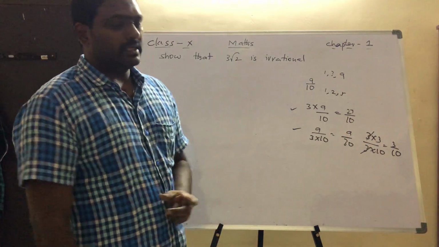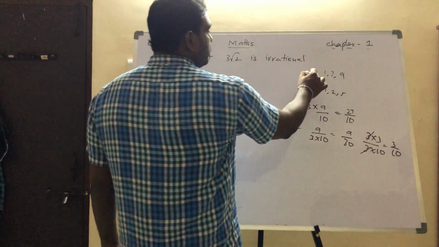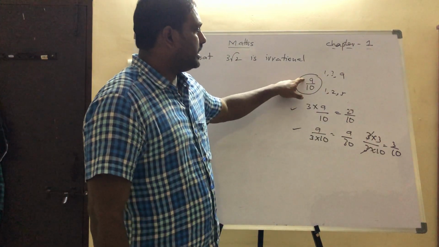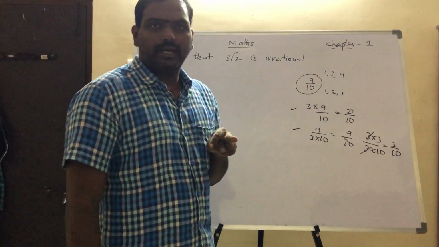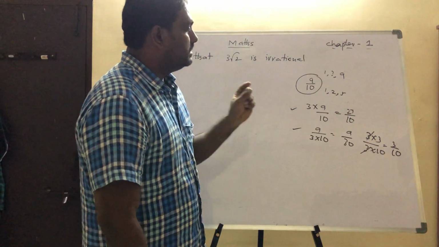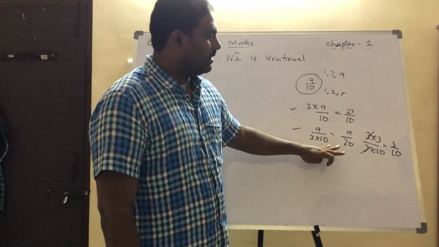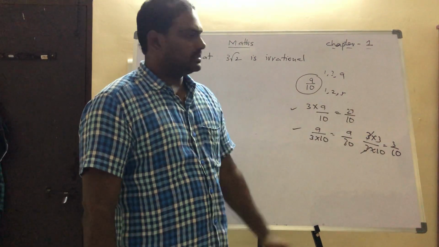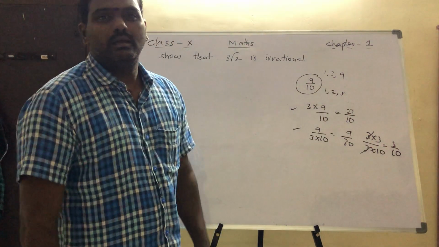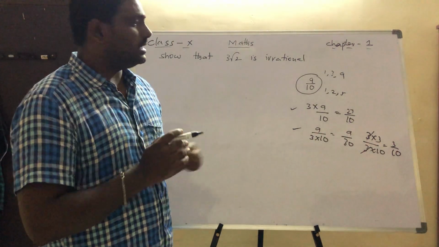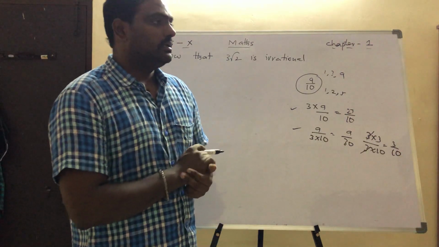That means what we have to understand, the main concept is, for co-prime numbers, if the numerator or denominator is multiplied with any other number, they may remain co-prime or they may not remain co-prime. That means they may become other numbers. They are integers. May or may not, but we can't assure. That depends on the numbers and everything.